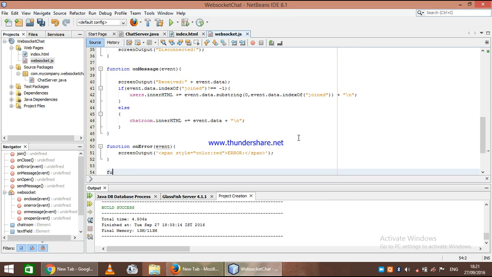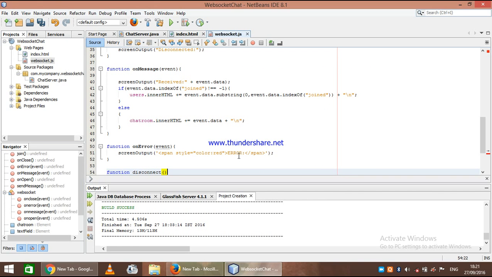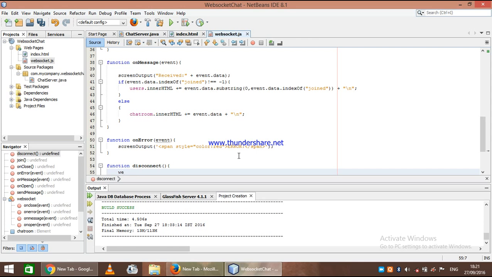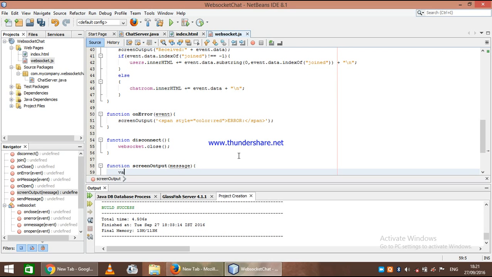Once it is done, we need function disconnect as defined in the user disconnect. So here we are going to close the WebSocket connection, and lastly we need to show screen output all the messages, and for that we need a variable,